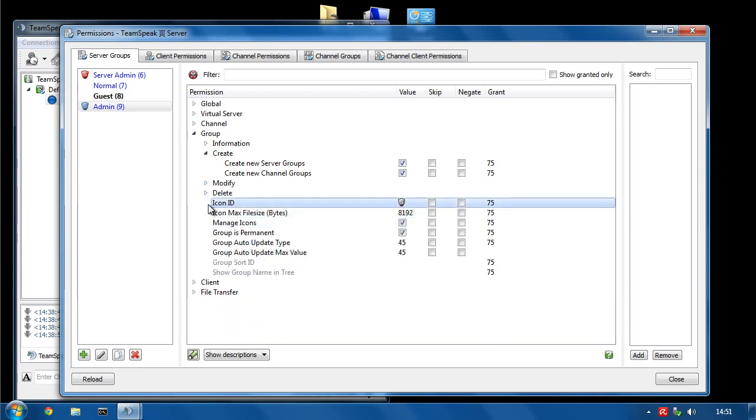Okay, so for the icon ID, if you are letting them create groups, you want to put this grant value to 70, so that when they do create a server group or a channel group, they will be able to select an icon for it from the list. And you can also upload your own icons. So if you click like normal